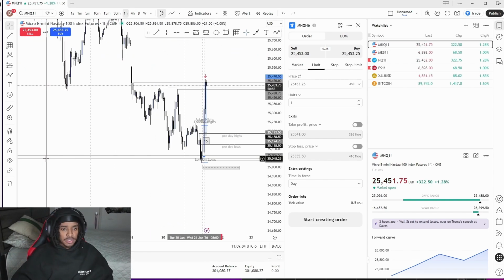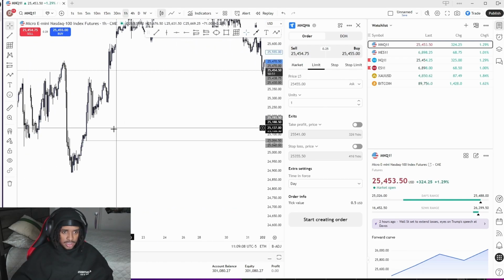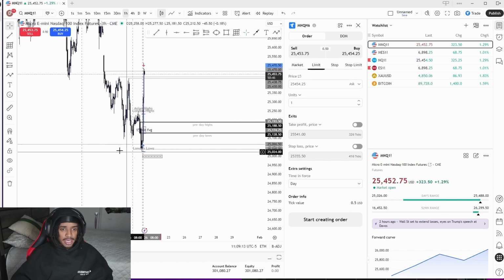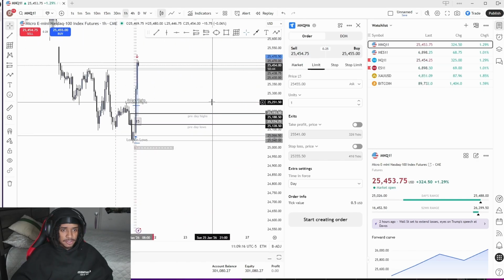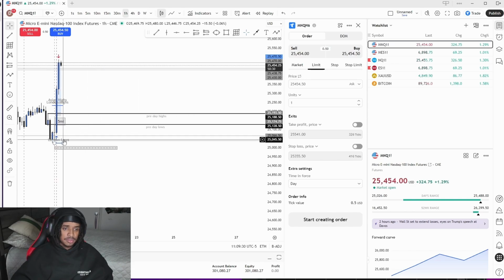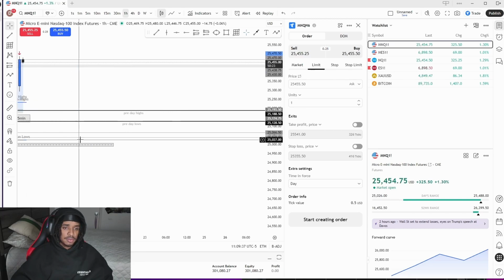You know what I'm saying? So I went on the hourly, and what happened? This right here swept that. So it got a liquidity sweep off what? Off this imbalance. What happened? This imbalance showed a bearish move from here. Some people entered all the way to aim here and took out the other people. So what did London session do? It did a continuation to New York side. So New York, it didn't even bother to come and get this low.